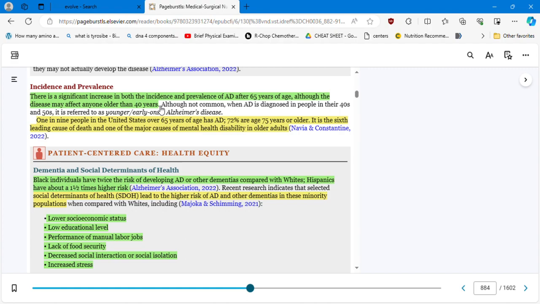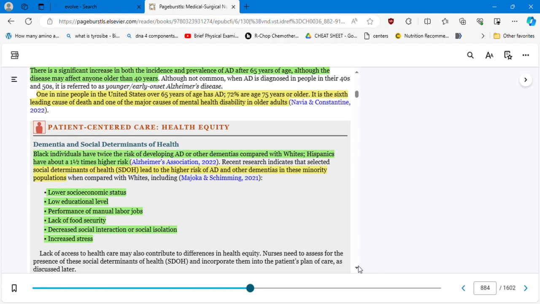So the symptoms are going to be more noticeable after 65. 1 in 9 people in the United States over 65 years of age has AD. So, for example, here in class, we are 40 students, right? We are 41 people, including me. So basically 1 out of 9 could develop the disease. That's something we need to think about. The statistics